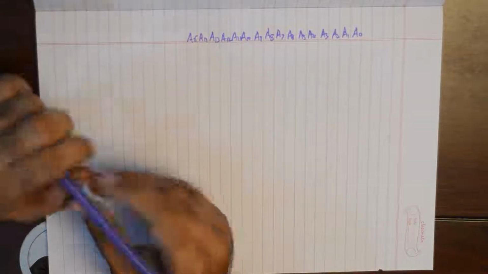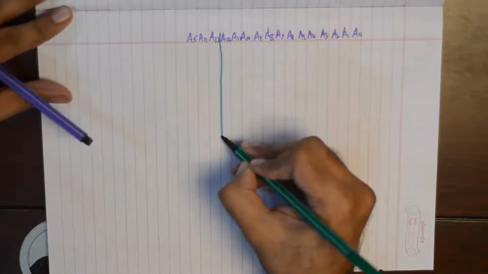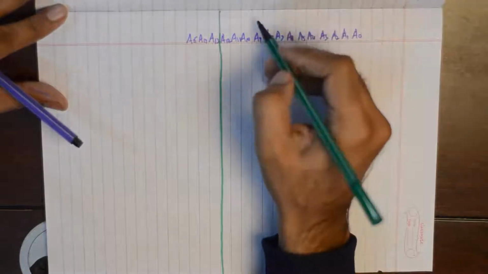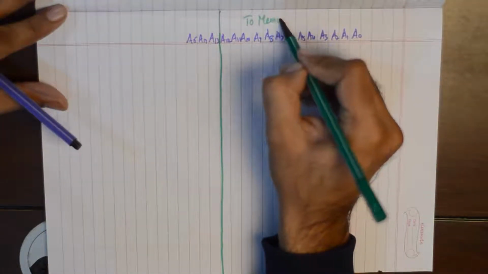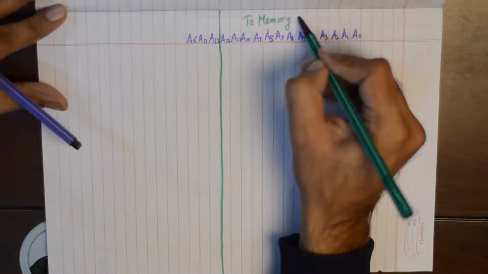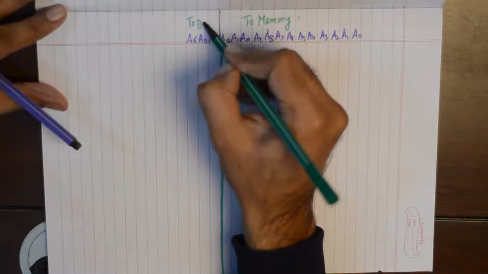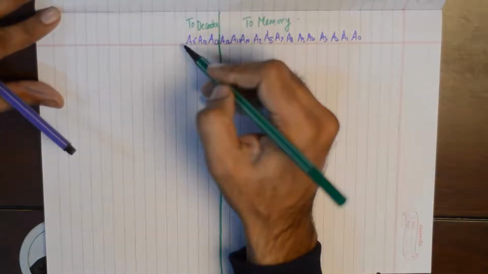That's the way how we write. We draw a line separator here and we'll write to memory, and we write this to decoder. So now